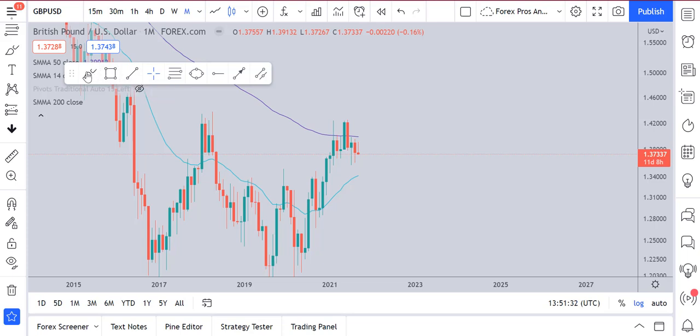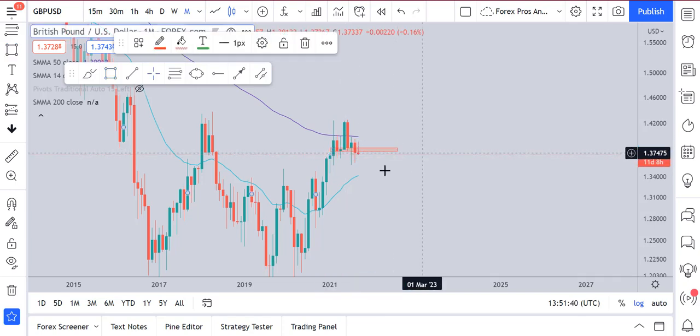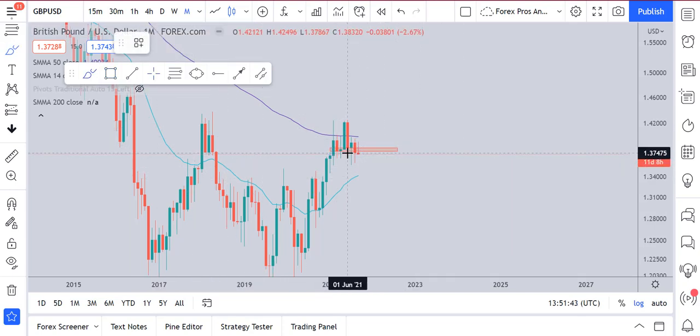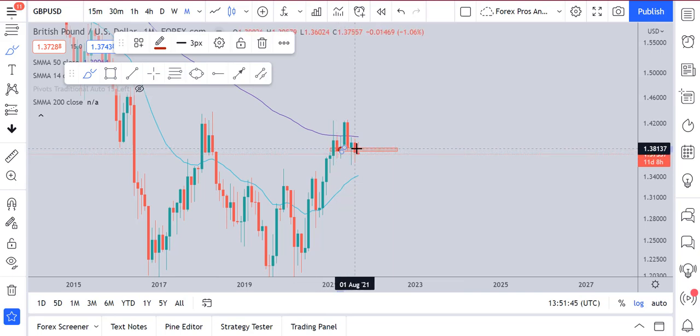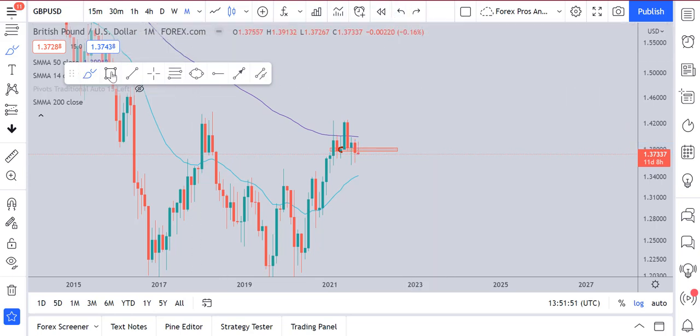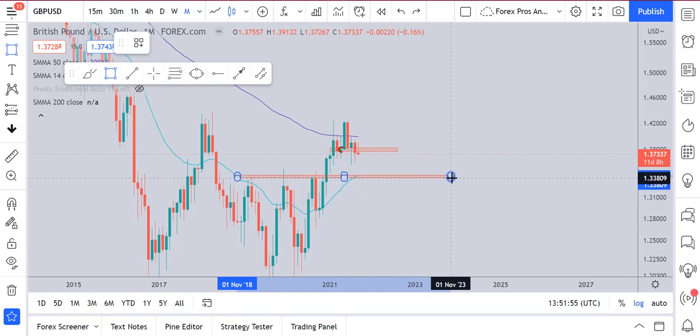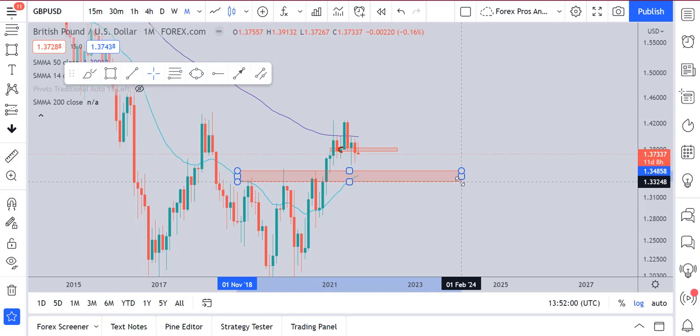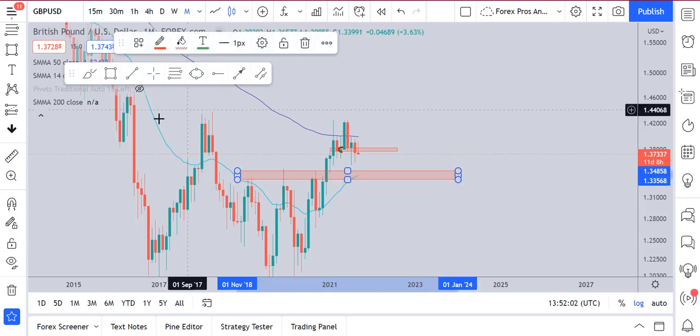So first of all, on the monthly time frame, what we can see is that the market has broken below a very important structure support at this point. This was a structure support, and now the market has broken below it on the monthly time frame. If we are looking for a downside target, we will be looking at this point. And the reason for looking at this point is that price action is very important, and